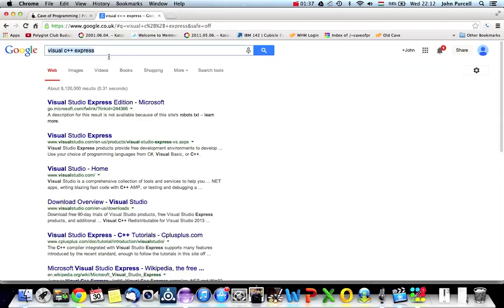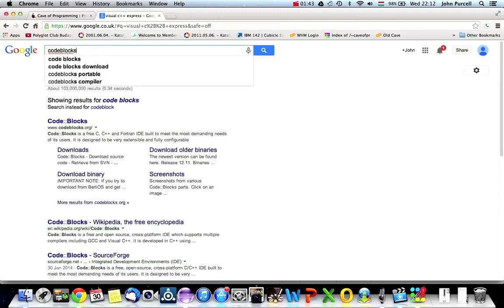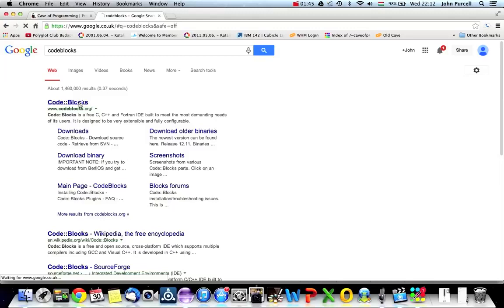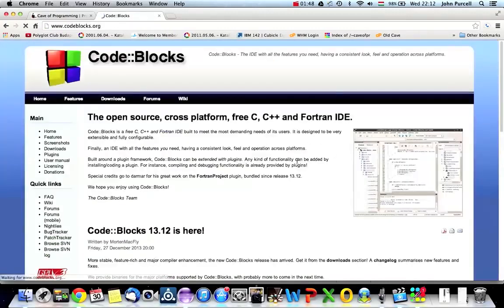Also on Windows, if you want a really simple solution to get started with, you can use Code::Blocks, and I believe that can automatically download a compiler for you. So Visual C++ comes with its own compiler, and I think that Code::Blocks can also download a compiler for you. These are actually integrated development environments. So those are two possibilities, and there are others. But what I recommend you to do is